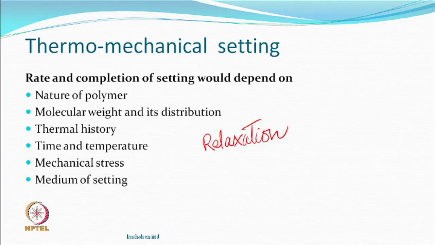Medium of setting. And normally, we believe that we are talking about air as a medium, right. It may not be. Look at the false twist machine: you are putting your yarn on the surface of a heater, versus you had a choice that the yarn passes through a tube, it does not touch. So, conduction, convection, radiation, they can also be changing the rate at which the temperature of the fiber rises.